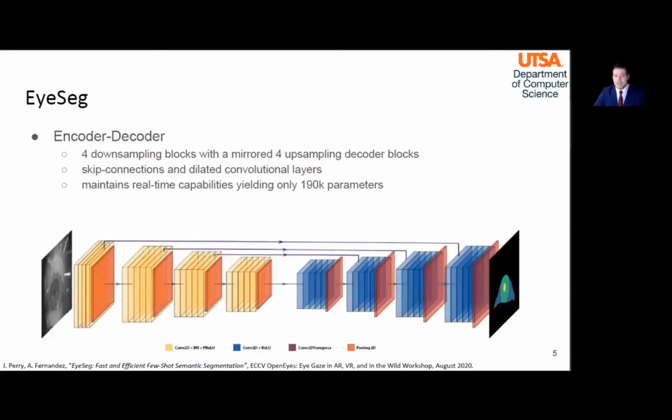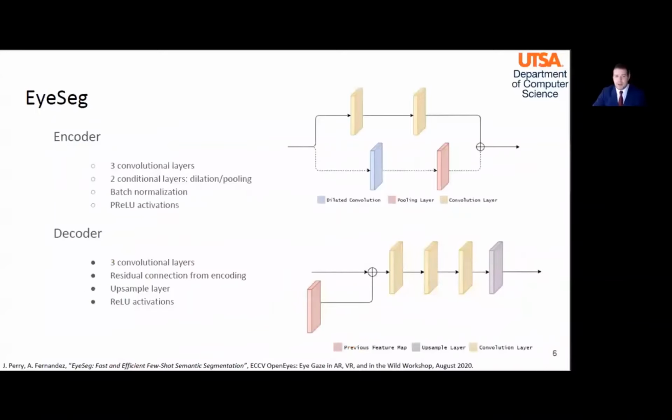To break down each of the types of blocks within ISEG, we can look at these dissections of the block. Starting at the encoder, the primary motivation for this design choice is the conditional application of dilated layers, which you can see with the dotted line, whereas the expanded receptive field will only be beneficial at certain stages of this architecture. This proved to have a significant impact on its performance through various tests and experiments we conducted.